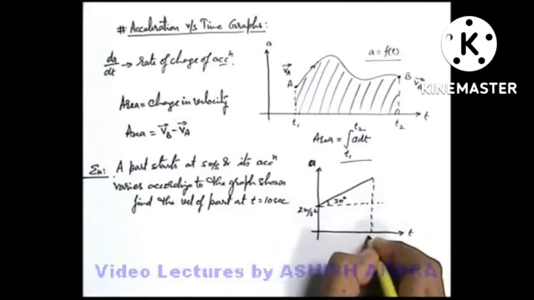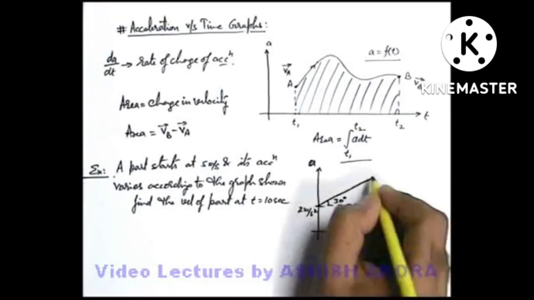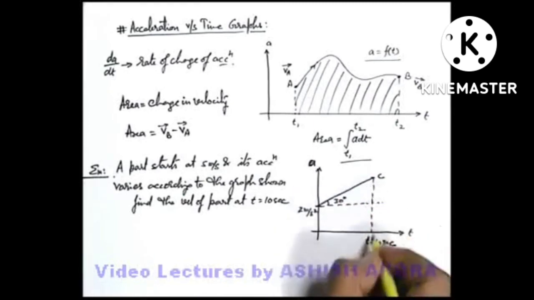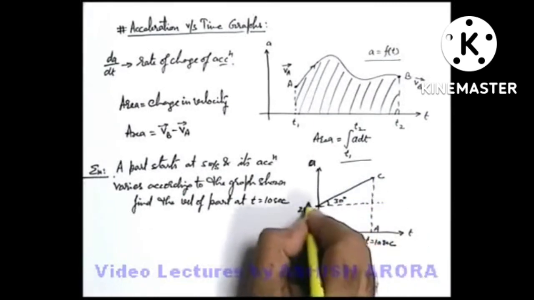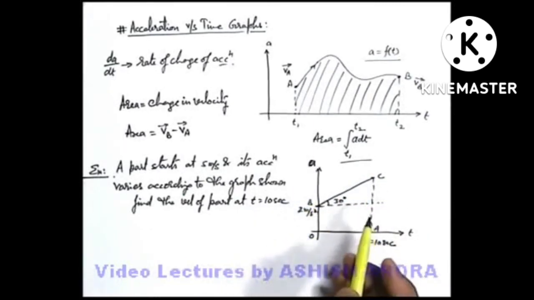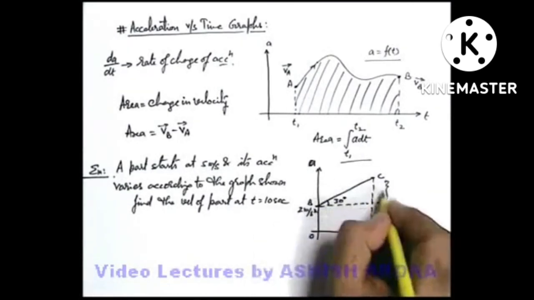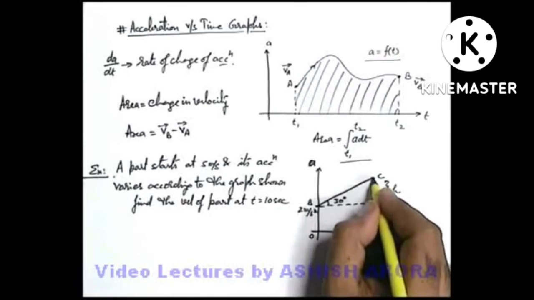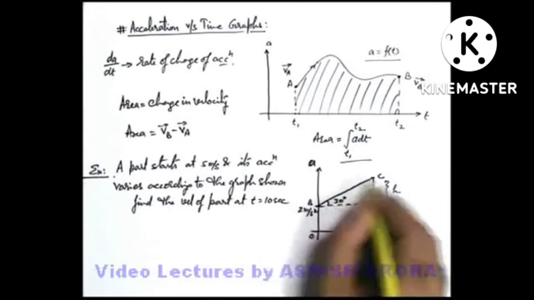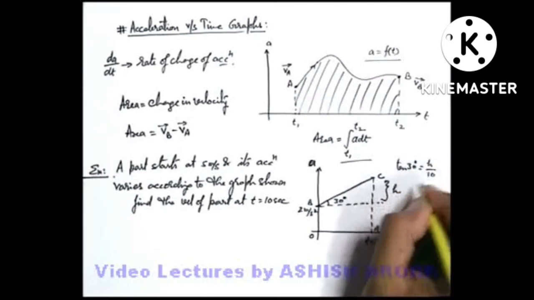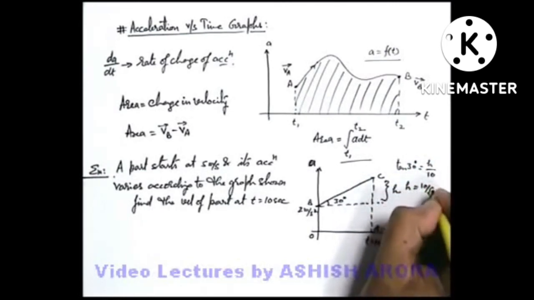Here at t equals 10 seconds, the particle has an acceleration given by point C. This bottom is A, the starting point is B, and this is the origin. So we can state that at t equals 10 seconds, the total change in velocity can be written as the area of this trapezium. Now say this height from B to C is h, or it is the increase in acceleration. We can write in this triangle, tan 30° equals h divided by 10. So this will give us h equals 10 by root 3.